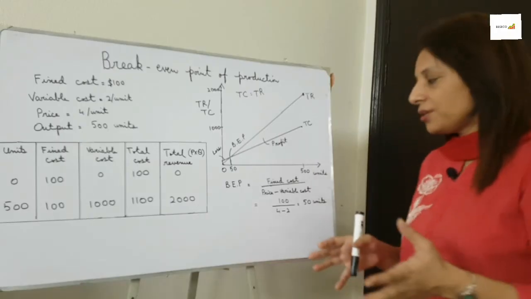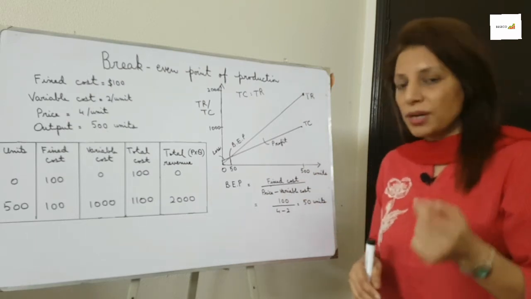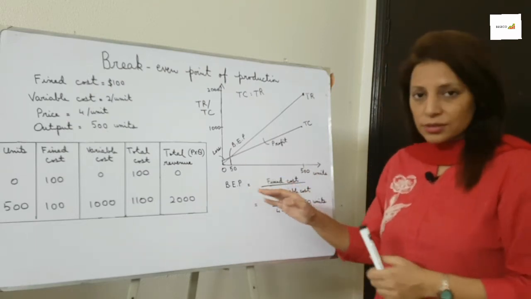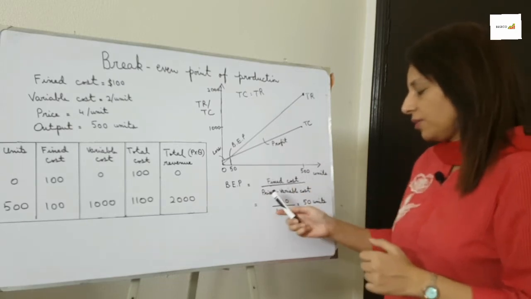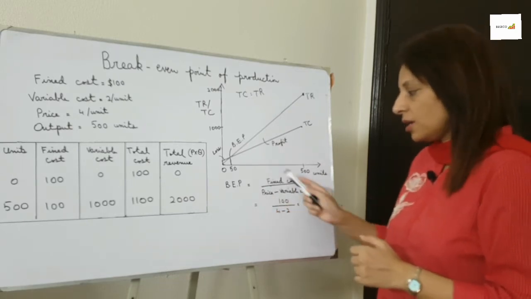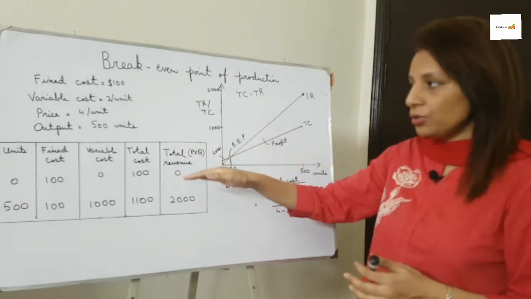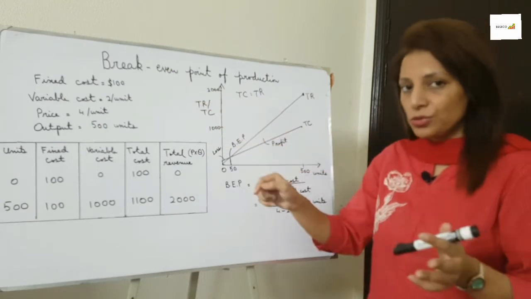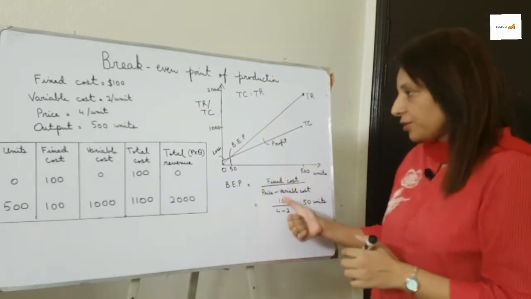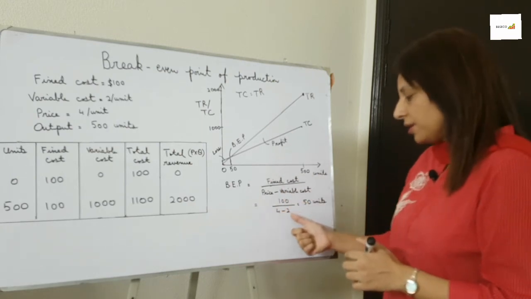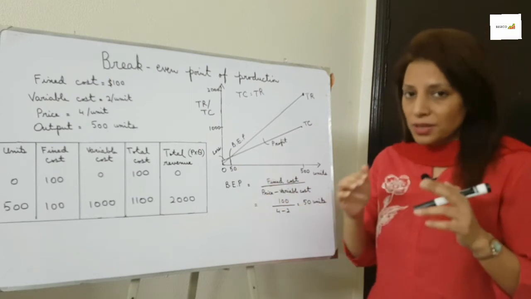Okay, there is another method which you can use to calculate the break-even point of production, and I always recommend my students to cross-check their answer by using this formula. Now the formula is fixed cost divided by price minus variable cost. This whole information you have to take from this initial information. You don't have to use this table, it's just this information you have to use to calculate your break-even point of production. So I have taken 100 fixed cost, 4 minus 2, this gives me 50 units, which means this break-even point of production should be at 50 units.